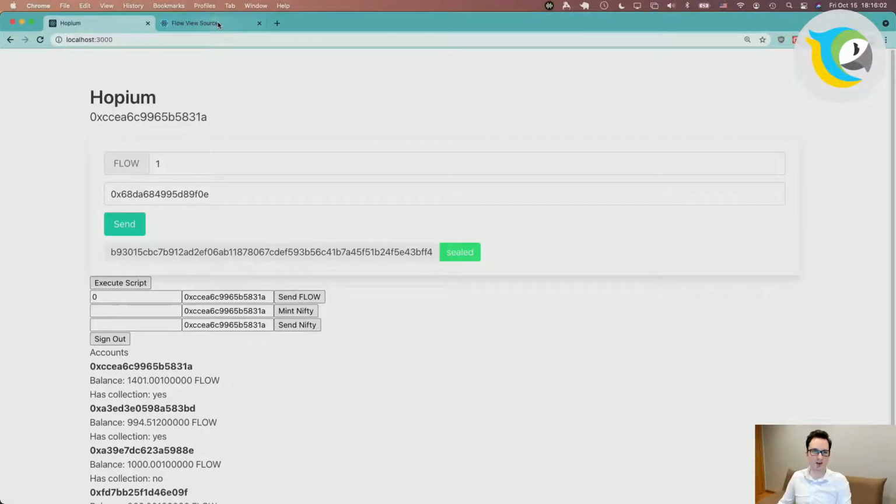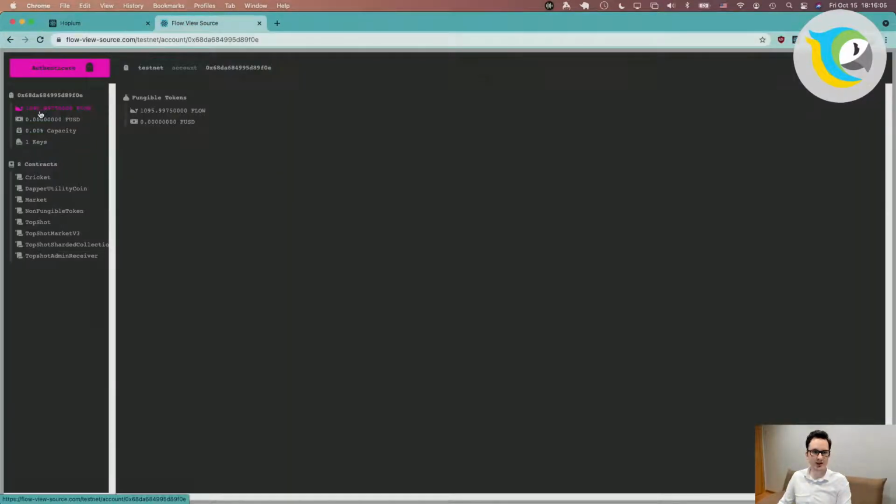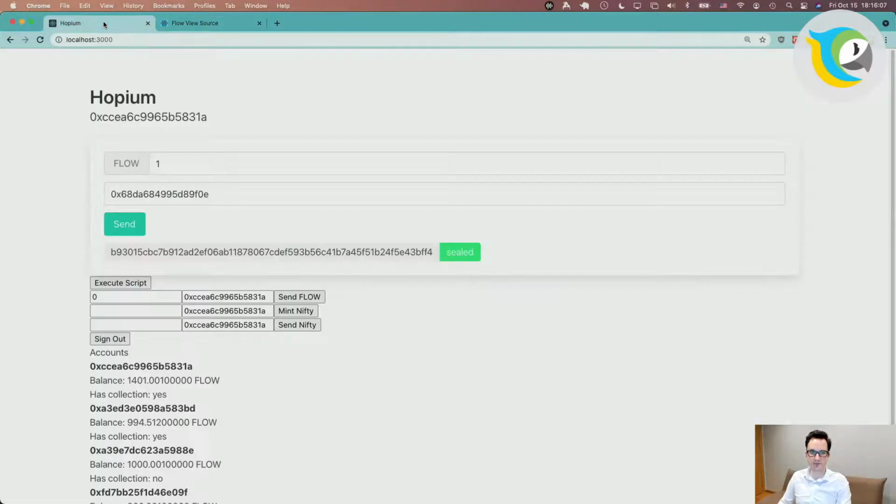All right, and now it's sealed. So it was 94, now it's 95 Flow in here. Okay, so the basic premise is we might be overdoing it, but it's good to let the user know what's going on and that they should continue waiting, or at least if they're not waiting around, that the app is handling it.